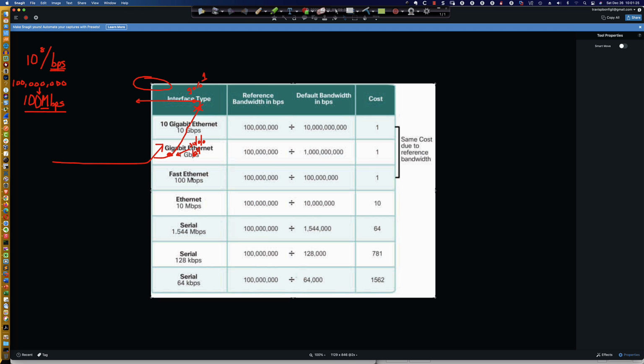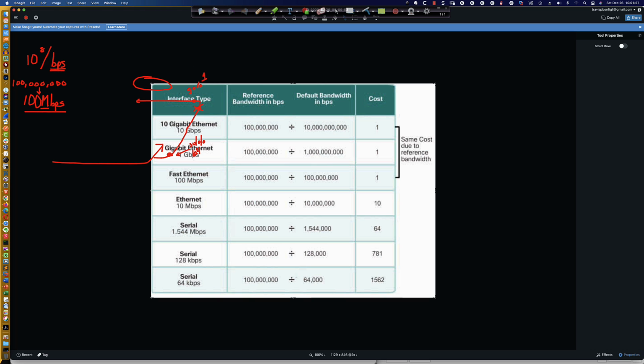And so what I would really be saying by leaving the reference bandwidth setting at 100 megabits a second is that a 100 megabit per second Fast Ethernet interface should be treated the same as, and have the same cost as, a 100 gigabit per second interface. And that statement alone should have you scratching your head saying,